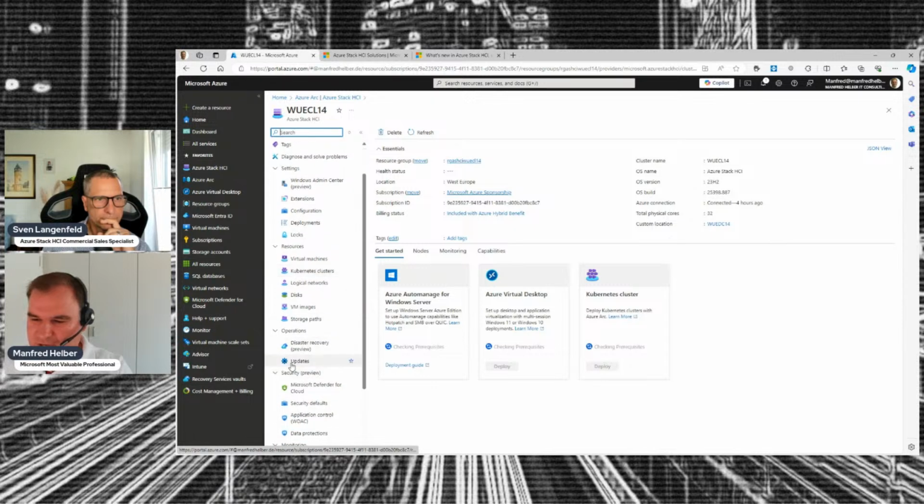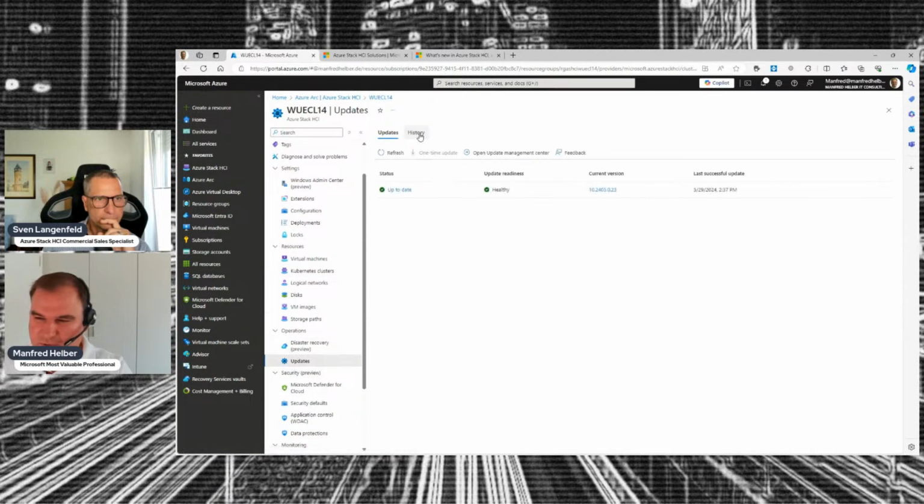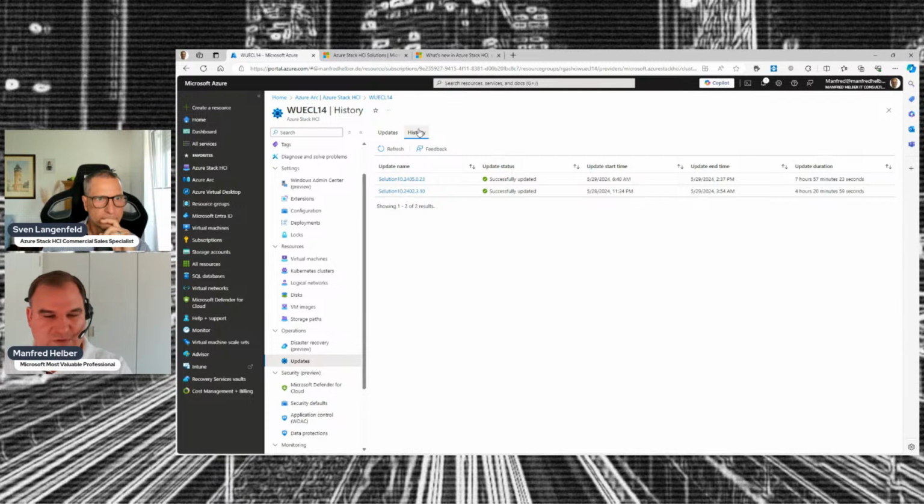And this is a change compared to the previous Azure Stack HCI versions. There we used Windows Admin Center. Here in 23H2, we are also using the Azure portal for delivering the updates. And this works very, very well because every Azure Stack HCI cluster has a component that is called a lifecycle manager. When I'm talking about these updates that are driven by Azure, customers at the first moment are afraid what happens if something fails,